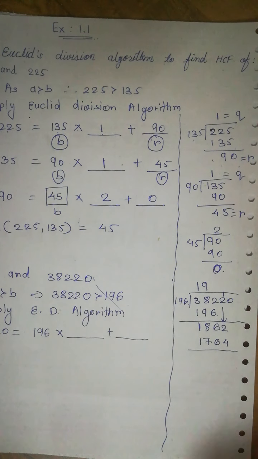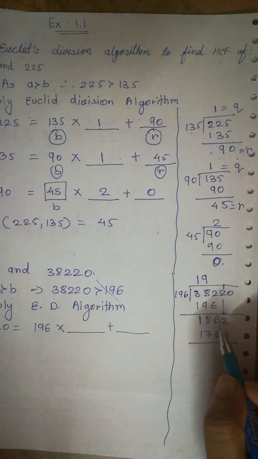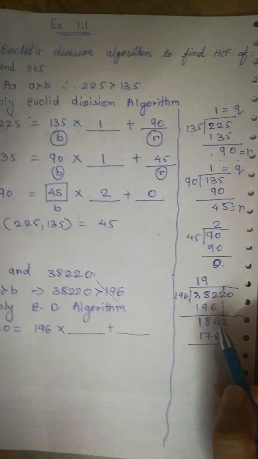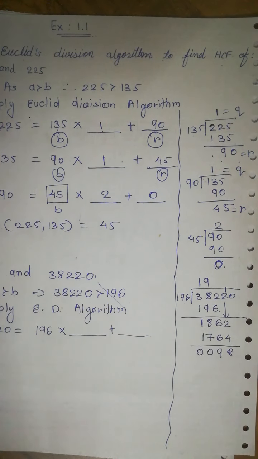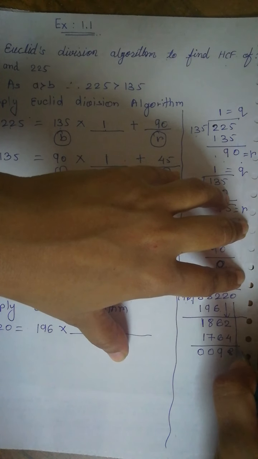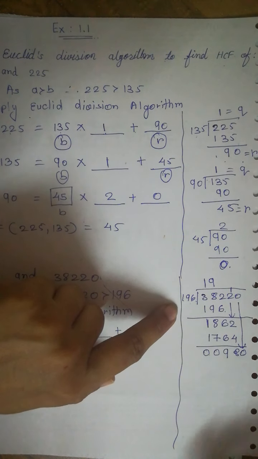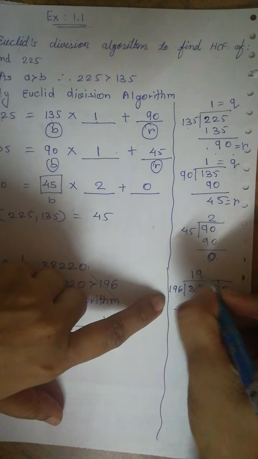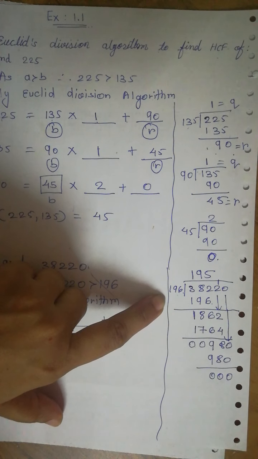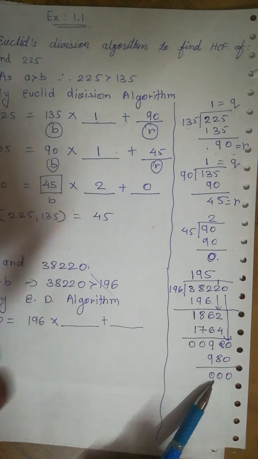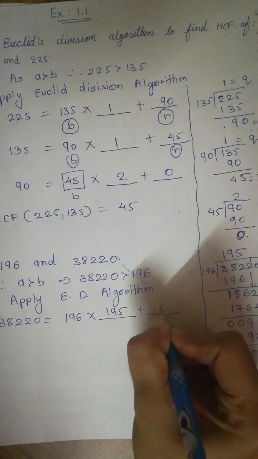So what we have finally? We have 12 minus 4 is 8, 5 minus 6, no, it's not possible, so we take the carryover. 15 minus 6 is equal to 9, 7 minus 7 is 0, 1 minus 1 is 0. So we have 98. Let's put down this 0 here. So we have 980. So 196 fives are nothing but 980. So we get the remainder as 0. As you all see, the remainder is 0. So bingo, we get the remainder as 0 in just the first stage only.